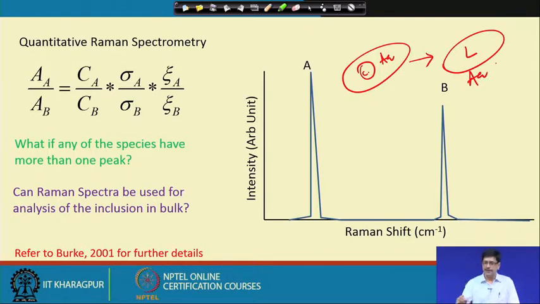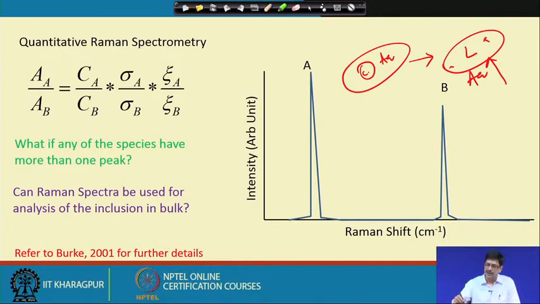So now this essentially is a homogeneous fluid here, and it does not matter where the laser spot is put, here or here or here. It will give the same composition for this particular inclusion, but this particular homogeneous state is only attainable at a particular temperature. So there are some workers who have used this and taken the Raman spectra.